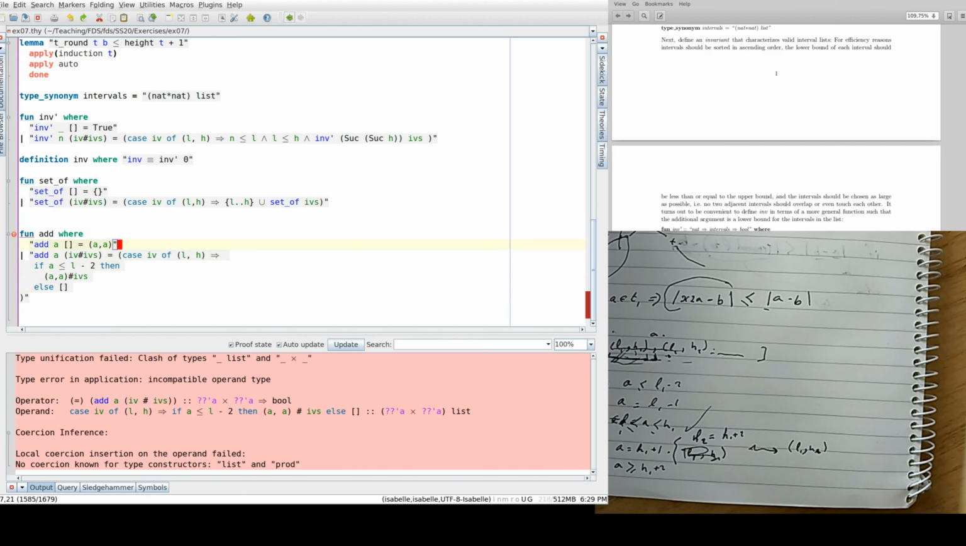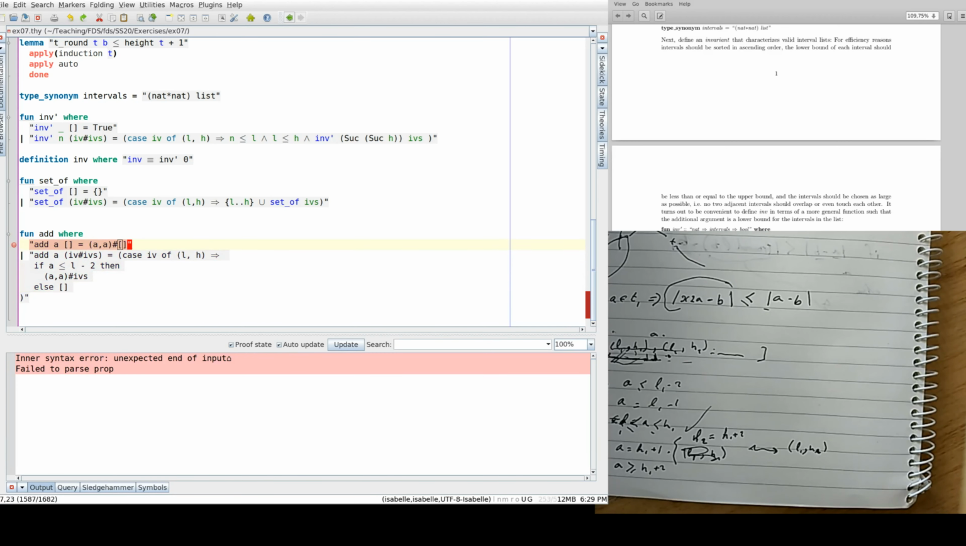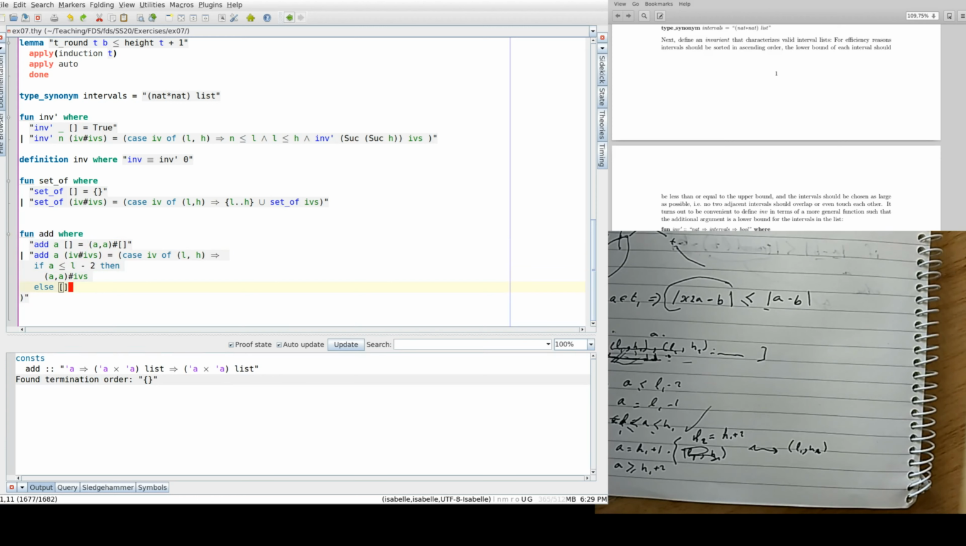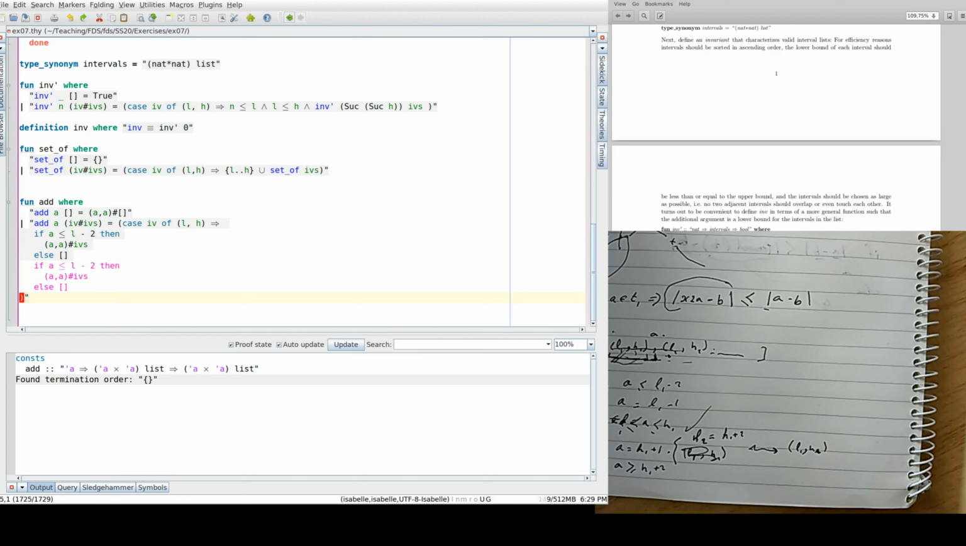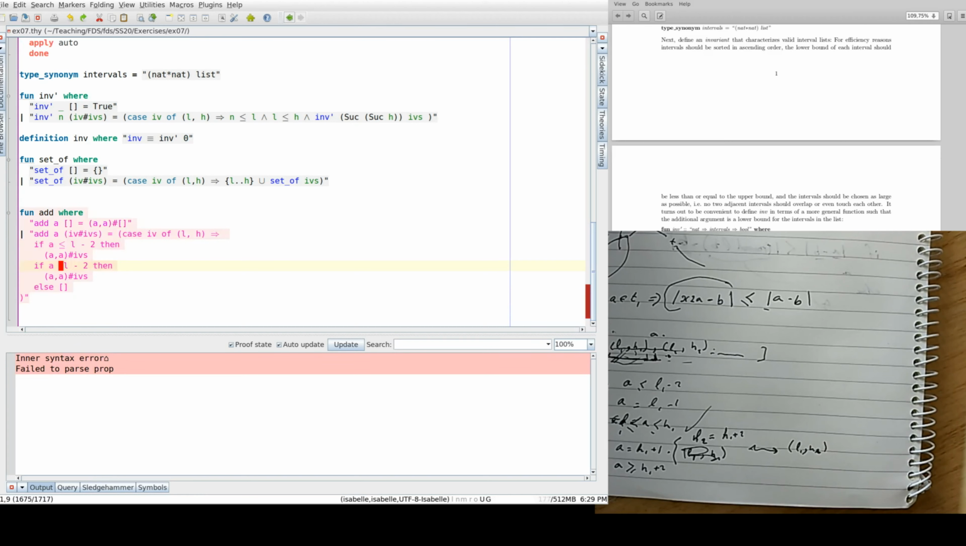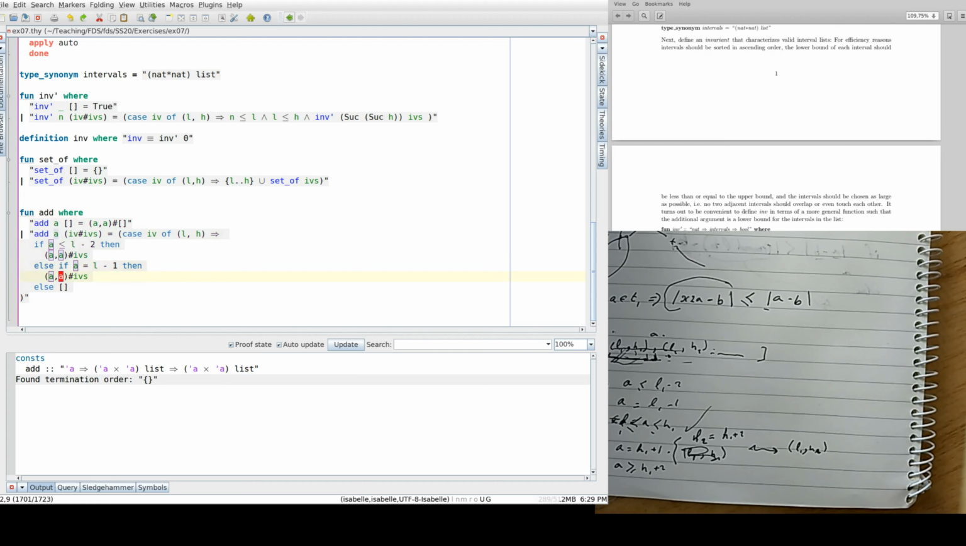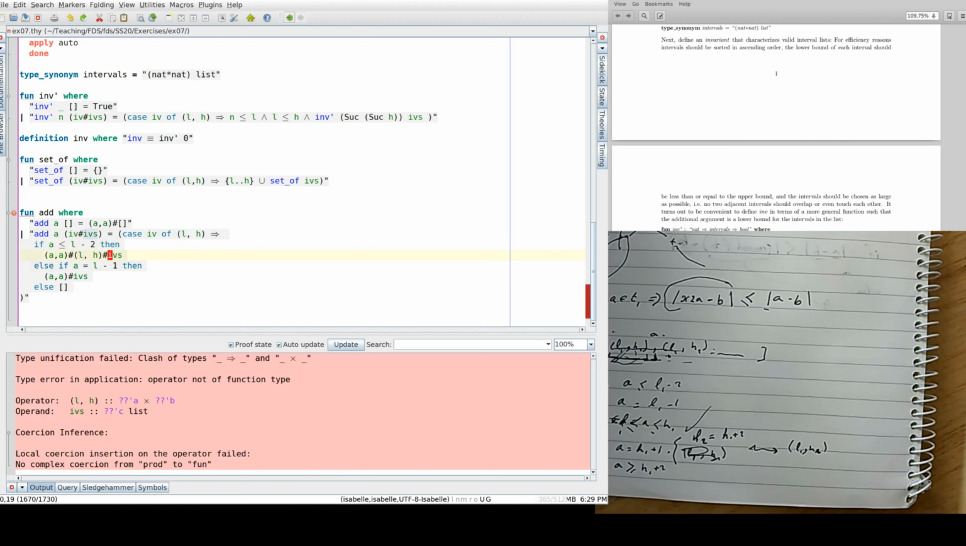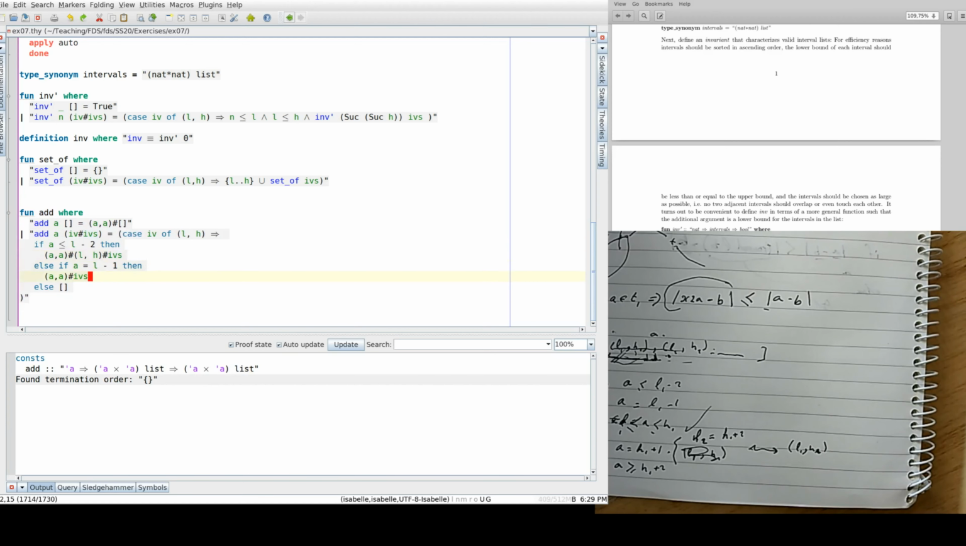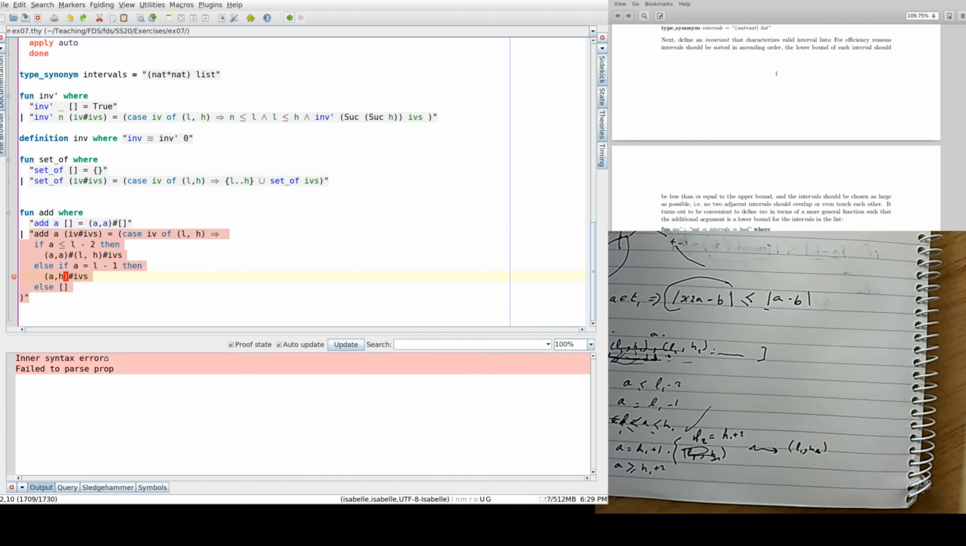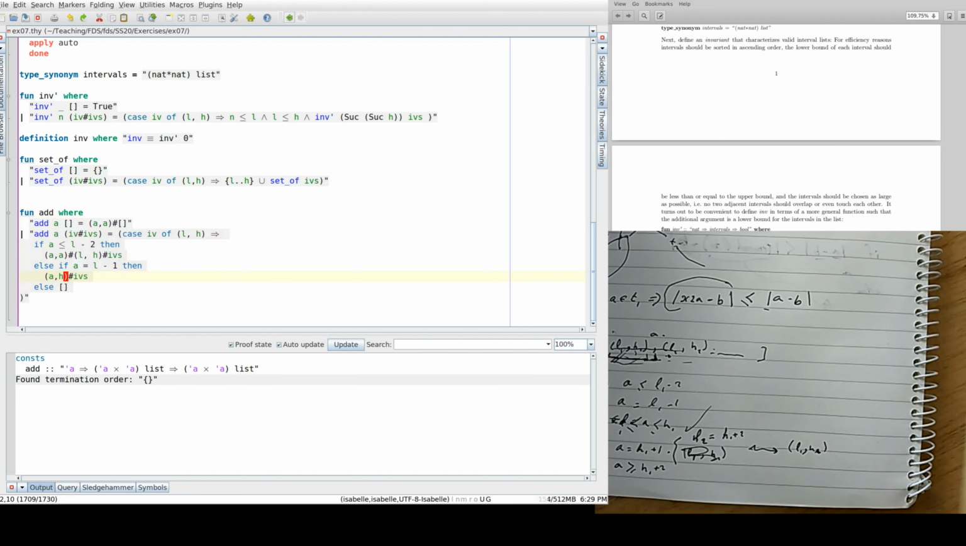Oh yeah, this should be the singleton list. Okay. So the first case is that. The second case is if it is equal to L. It is indeed equal to L minus 1. And then in this case we should return the two intervals actually, sorry about that. Okay, and this one we should return A and H, okay, and then the third case is when A is